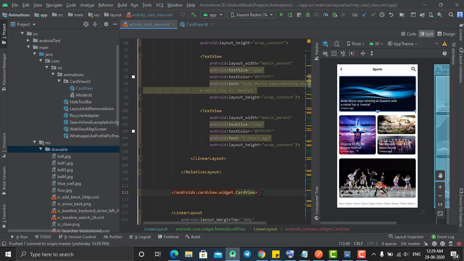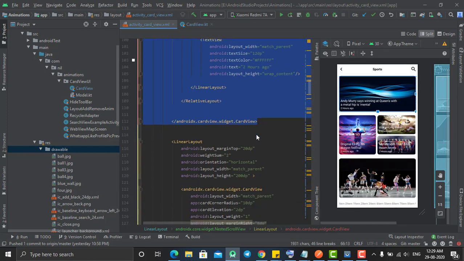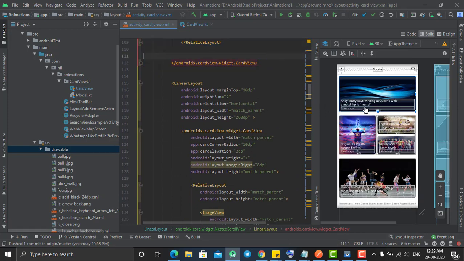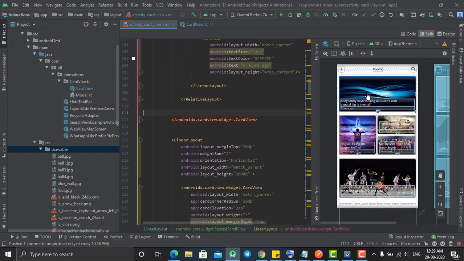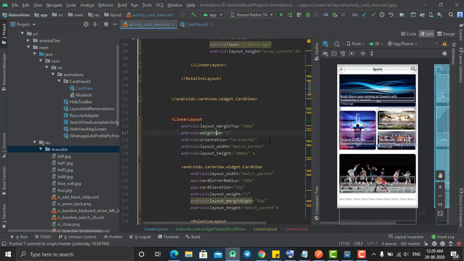So what we are going to do is use this same card view to design the other card views, right? So just copy it and paste it below. But before that, here we have only one card with the image and text, but in the second section we have 3 cards of the same kind inside a different section, right? So below this card view, we need to create a different section here. As you can see, I created a linear layout. So my linear layout is this section, right?